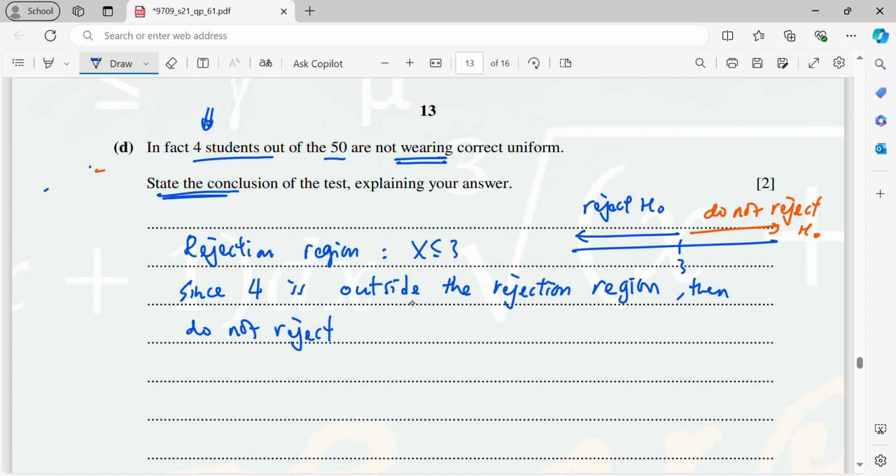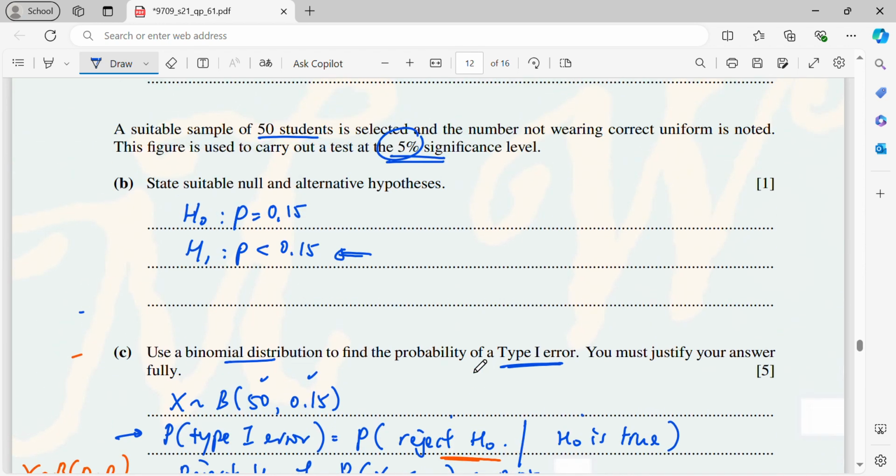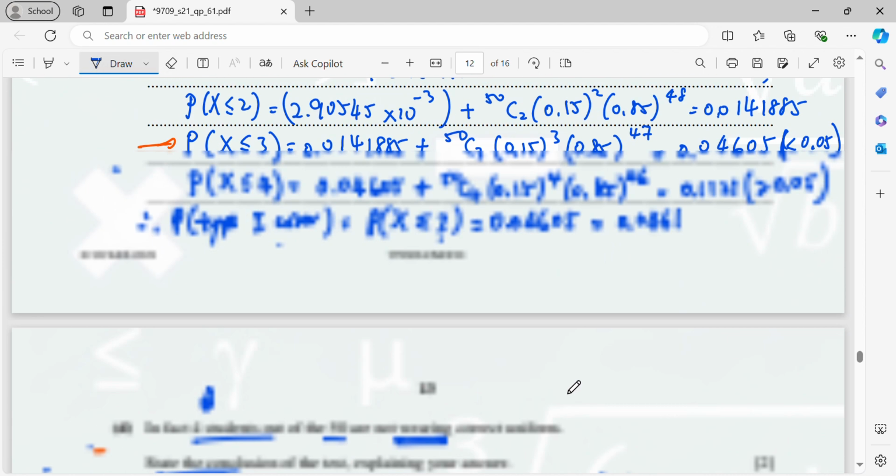This is a decision. So if the decision is do not reject H0, now the conclusion goes back to the H1. So we do not reject H0, right? That means we don't have enough evidence to conclude the H1, right? So the conclusion is